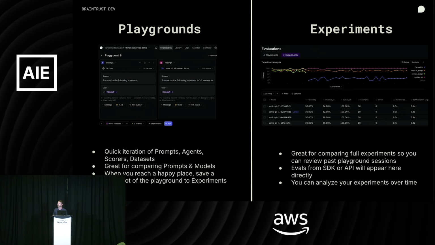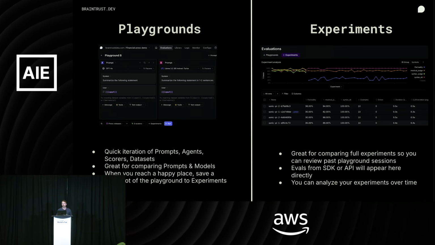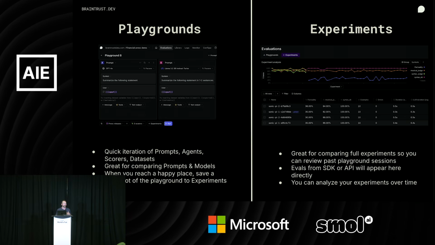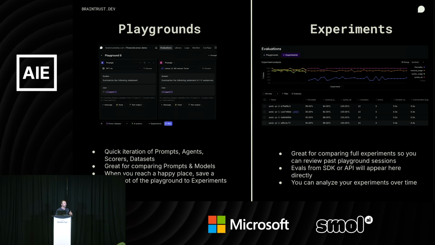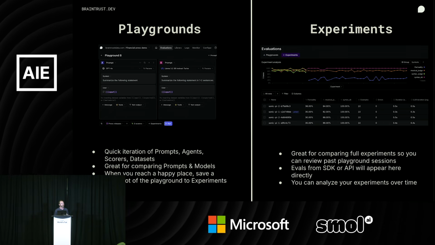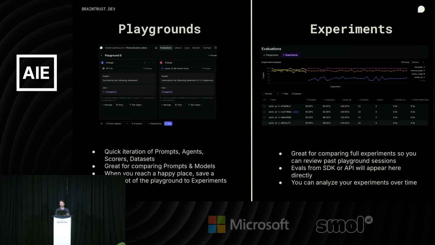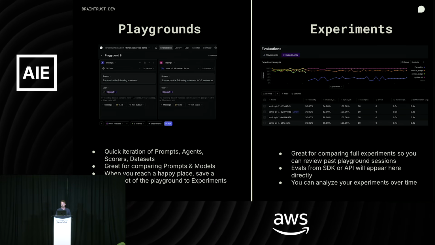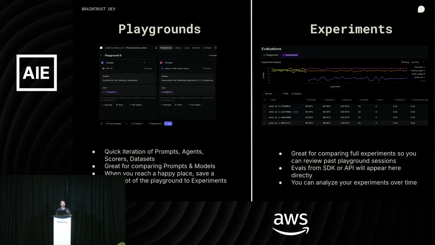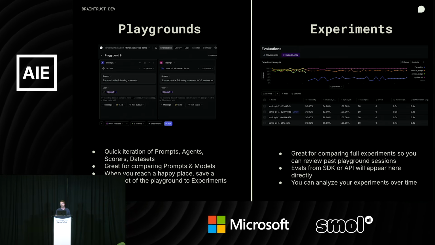The thing on the right is our experiments. This is our snapshot in time of those evals. So imagine now, as we are doing this development and we're trying to understand, over the last month or so, are we getting better, right? The changes that we are making, the model changes, whatever it is, are we improving our application? The experiments is a really great way to understand that. Really important maybe to call out as well, you can see in the bottom right, the evals can happen from the application, the Braintrust platform, as well as via the SDK.